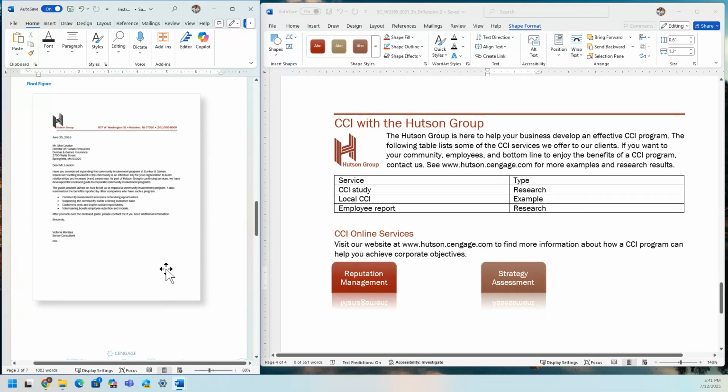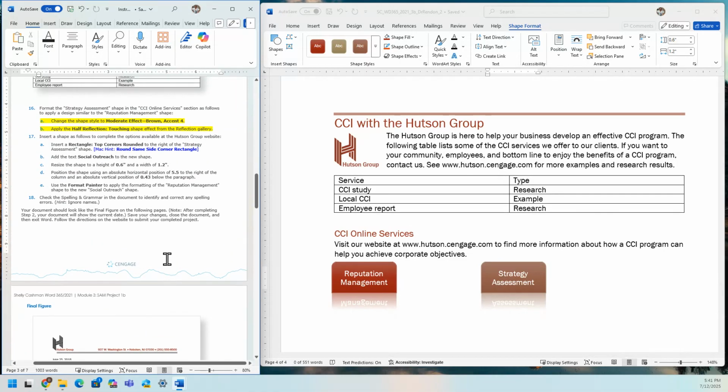Okay, add the third box. So let's read it. So we're going to insert a shape, a rectangle with top corners rounded to the right of the strategy assessment shape. Okay,